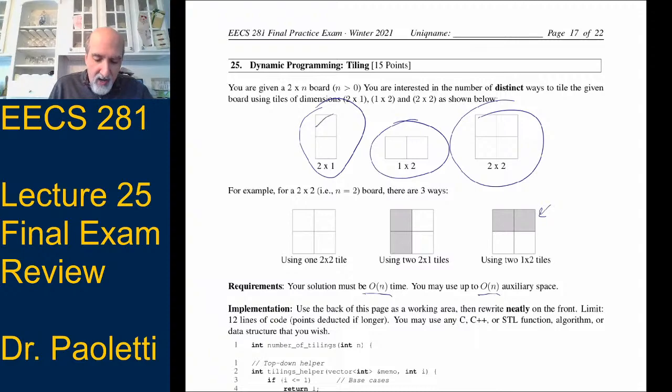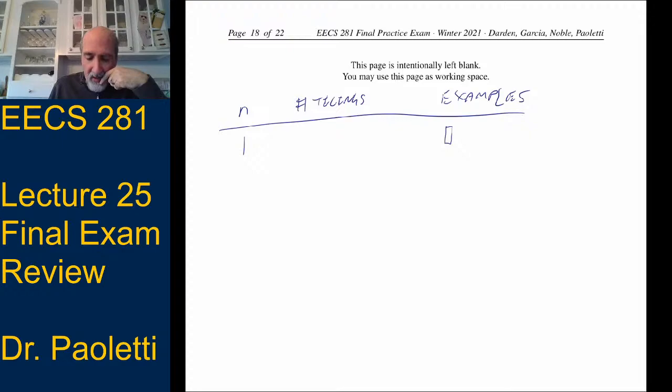Maybe this one has lines like that, this one has lines like that, and this one has dots on it, so we can tell them apart. So if we look at size 1, the only way to do a size 1 is to have 1 vertical tile, and that's it. So there's one way to do that.